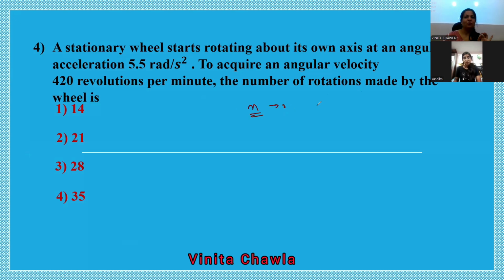अगर आप n को कंसिडर कर रहे हो कि वो नंबर ऑफ रोटेशंस है, तो आप इसको 2 पाई से मल्टीप्लाई करोगे, तो थीटा आएगा। ठीक है। अगर आप 2 पाई से नंबर ऑफ रोटेशंस को मल्टीप्लाई करोगे तो क्या आएगा? थीटा। लेकिन अगर हम n को कंसिडर कर रहे हैं नंबर ऑफ रोटेशंस पर सेकेंड, तो अगर हम इस n को 2 पाई से मल्टीप्लाई करेंगे तो ओमेगा आएगा।